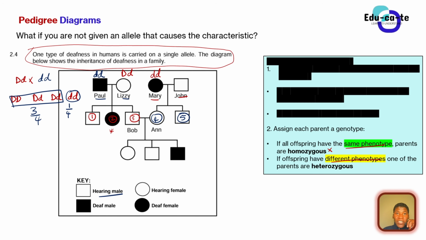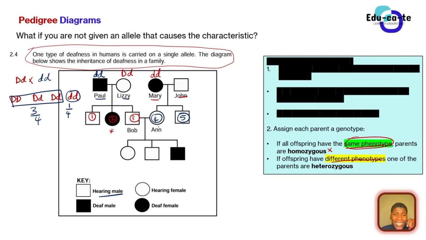Okay, there are only two possibilities. You can test out both of them using a genetic cross to see if they work, if you are not sure. But John is a normal person. Remember, if all the offspring have the same phenotype, meaning all the offspring are normal or all the offspring are infected, then one of each must work. That's what I mean by same phenotype. I've made these rules on my own so that you understand better.